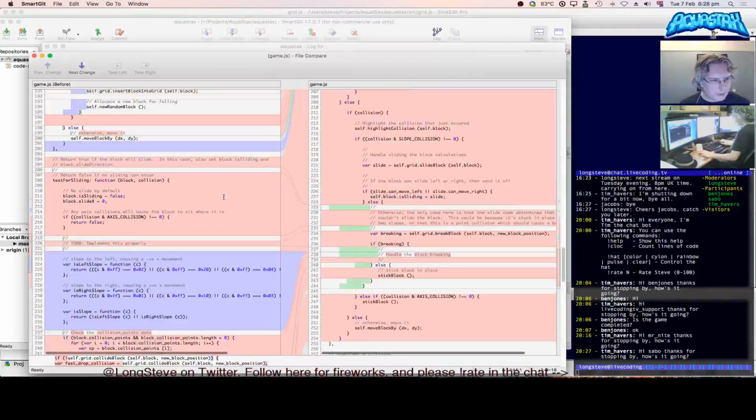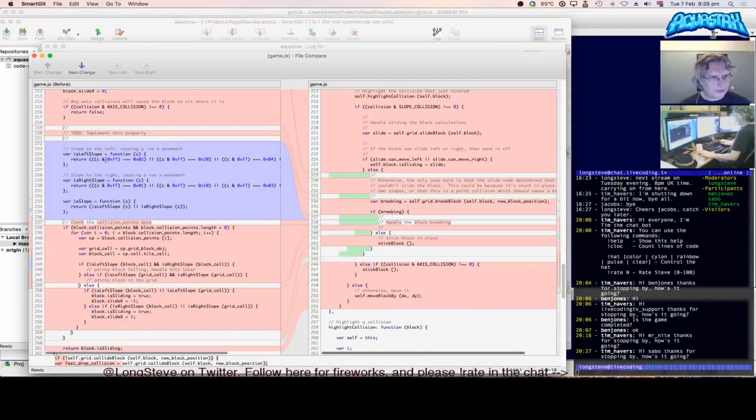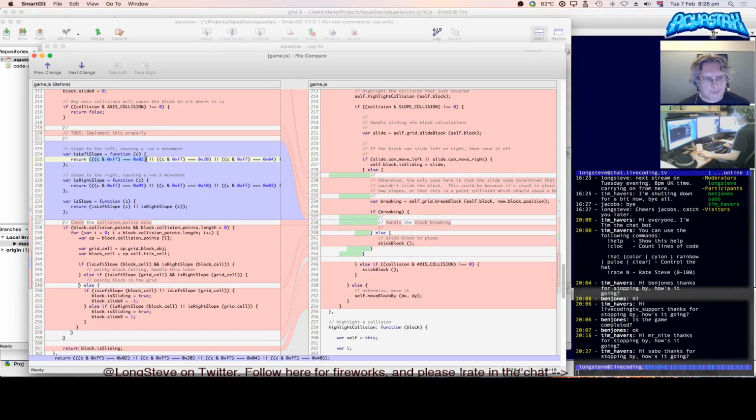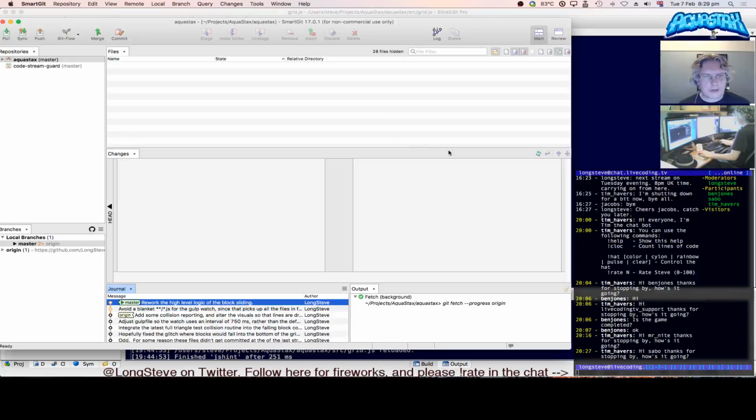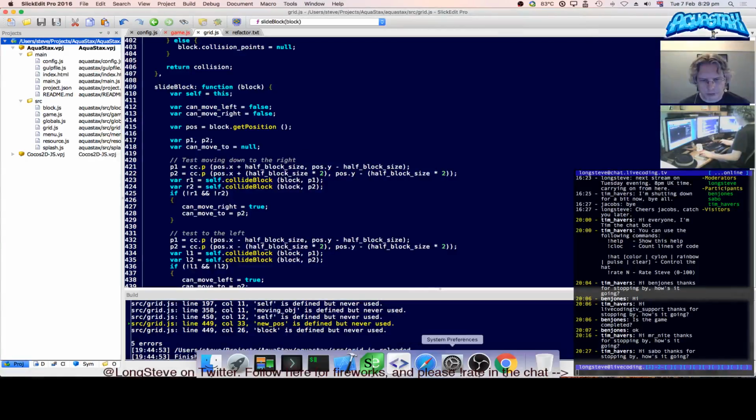So the previous code, this test for sliding, was trying to work out the slopes, and it was overlaying triangles over each other, trying to decide if they were the correct overlapping types to slide left or right. And it wasn't always working right, and it was all a bit ropey. And what I thought was, there's a much simpler way of doing it, and that is by just deciding, the code knows that